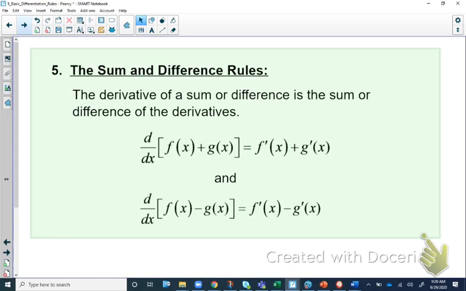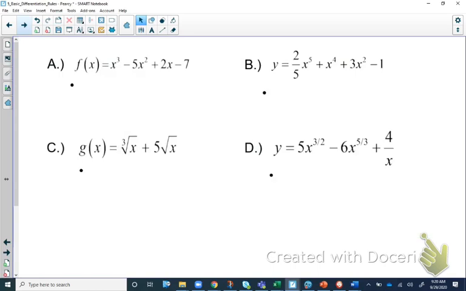or difference of expressions. So for instance, example A is just a third degree polynomial. But in example C, they're not giving us polynomials. All we're going to do is look at each individual term by itself and apply the power rule. So for instance, on A,